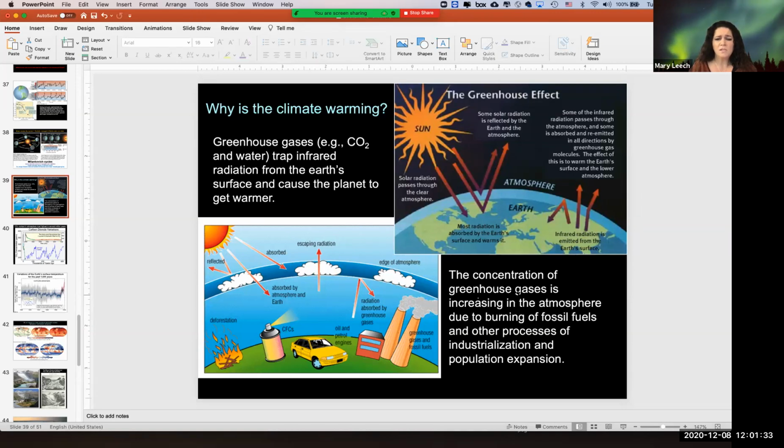And it's methane, it's carbon dioxide, it's sulfur dioxide, carbon monoxide. There are a whole bunch of compounds that contribute to the greenhouse gases. They increase in the atmosphere because we burn fossil fuels and, that's the word I was looking for, industrialization, which causes more of these gases to be released. We trap more of that in our atmosphere, and it causes warming of the atmosphere.